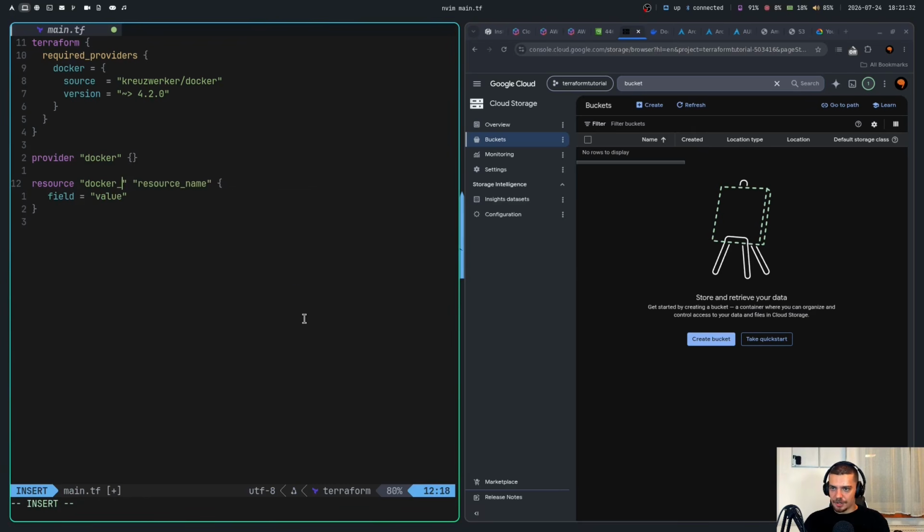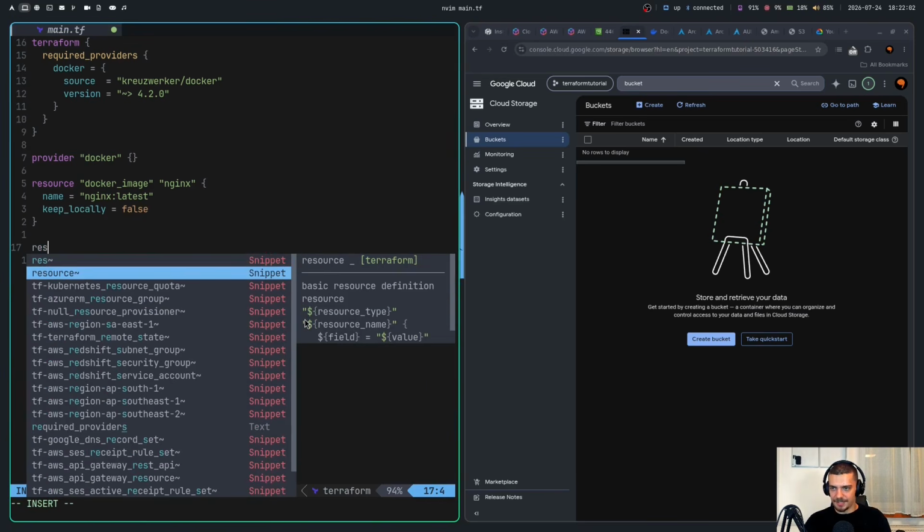One is going to be the Docker image, which I'm going to call Nginx. Nginx because that's the most simple thing that you can do. Just a basic website on port 80. We can do also some port mapping here, but that is just getting the image and not keeping it locally. So the name of the image is nginx:latest. And then we have the flag keep_locally, and that is going to be false. That is just getting the image.